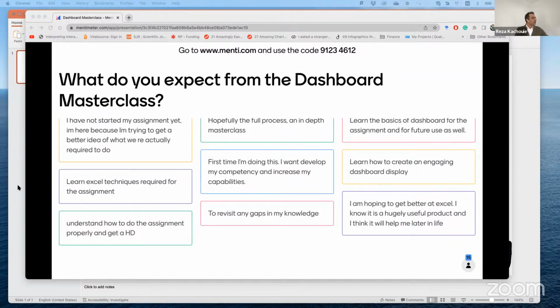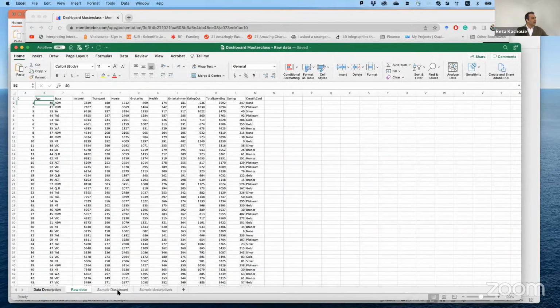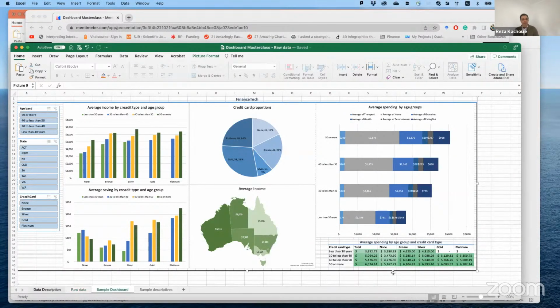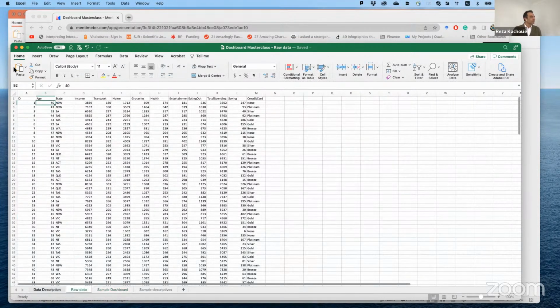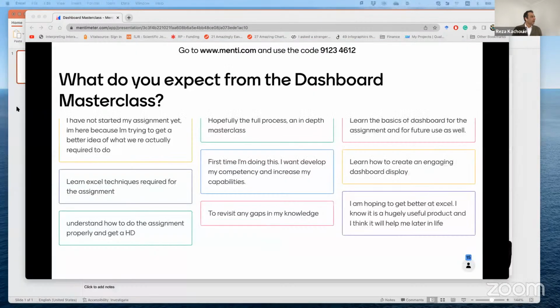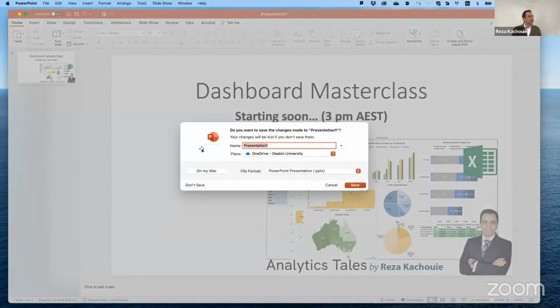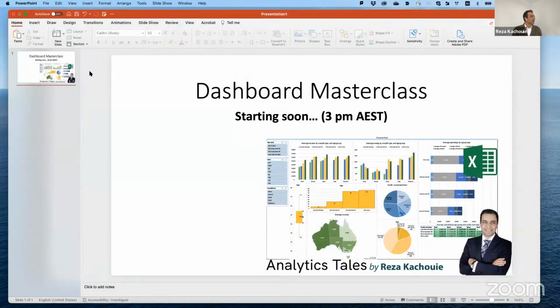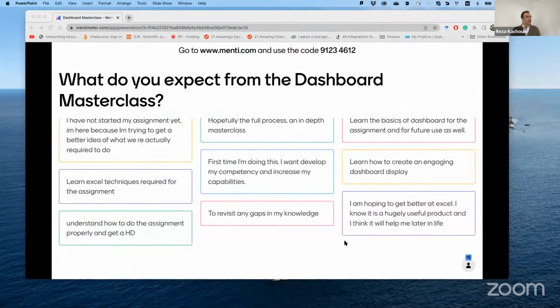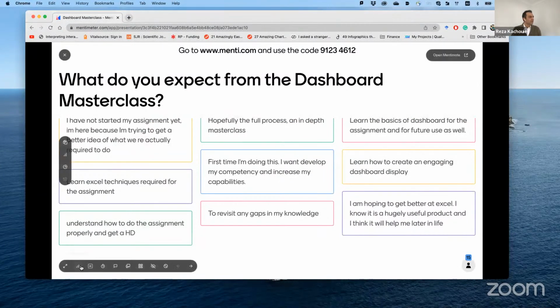Hopefully. So we are expecting that all of you be able to create something like this at the end of the session. So this is the expectation, and we are going to work on the data set that is provided on the unit website or emailed to some of you that contacted me, and you already have the raw data set. So before we go further, let me close this page as well. Okay, before we go a bit further, I know what you are expecting from this session.